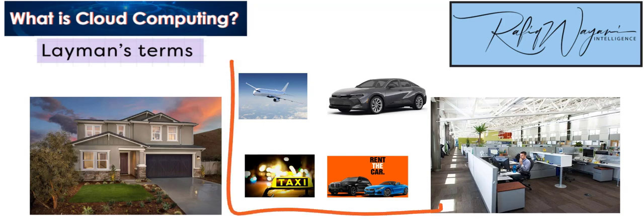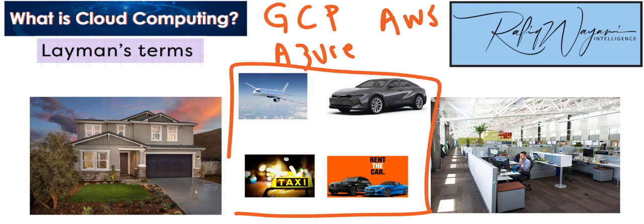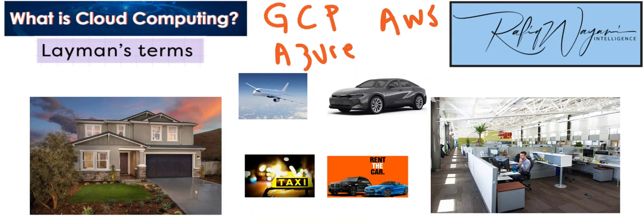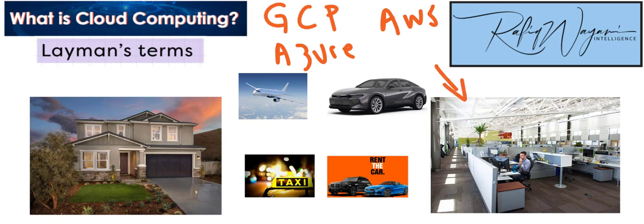Depending on the job, you're going to pick a different vehicle to get you there. There's Google's cloud platform. There's Microsoft's Azure. There's Amazon Web Services: GCP, Azure, and AWS. Think of them as three large brands that offer you any kind of vehicle you want, as many as you want, to get you to your destination so that you can get done what you need to get done using the right vehicle. You decide what vehicle you want, how much you're willing to pay for it to get done what you need to get done.